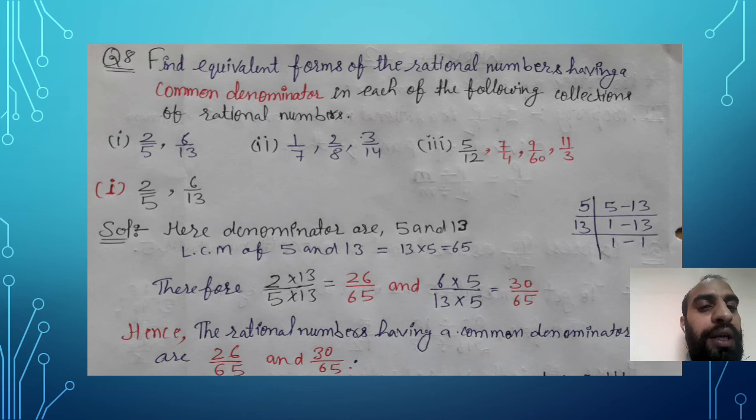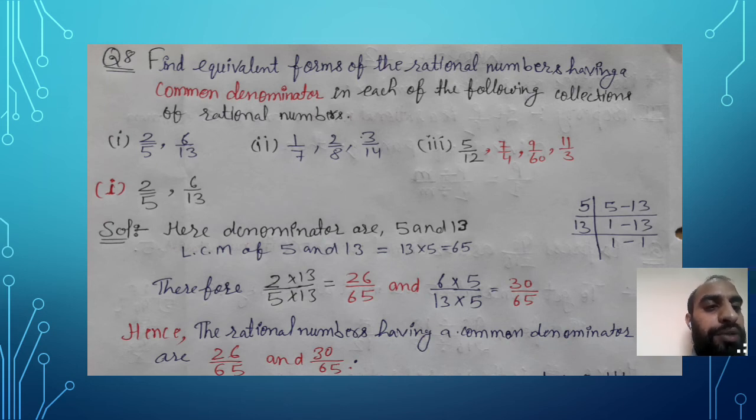Therefore, we need now denominator 65 in both cases. So your task is to multiply both number with the suitable number, or you can do here cross multiply. So you can see in downside 2 upon 5 I did multiply by 13 and 13, because 13 times 5 is 65 and 13 times 2 is 26. In second case we have 6 upon 13. Here we need to multiply by 5 and 5. 6 times 5 is 30 and 13 times 5 is 65.